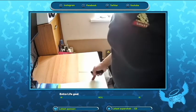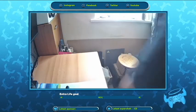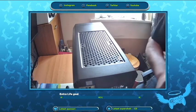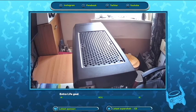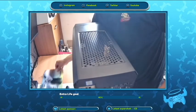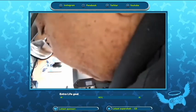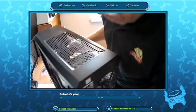Yeah, this mat that you can see here, this is an anti-static mat. Right, let's do this. Let's take off that top filter. And we need to move that over there. Let's get my Stream Deck controller out of the way. Let's lay that down, because what I'm going to actually do is...